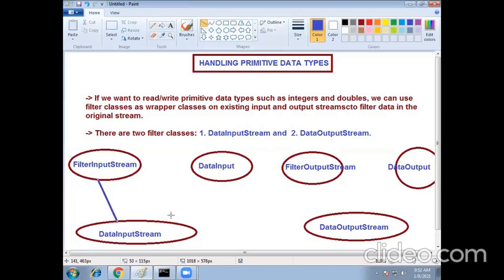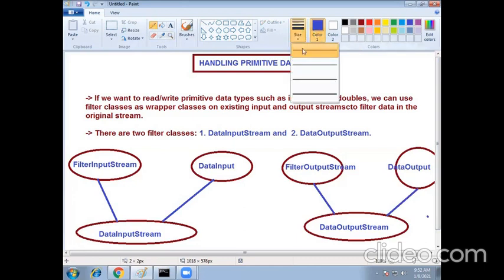This is the hierarchy of the two filter classes: this is derived from this, and this is derived from this.